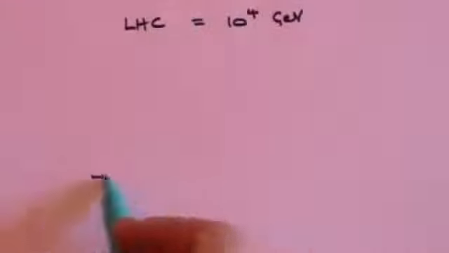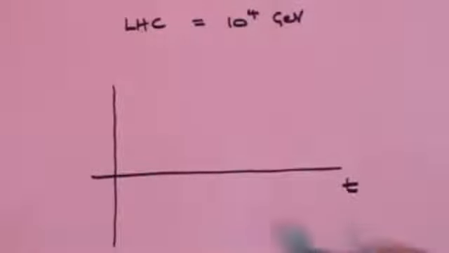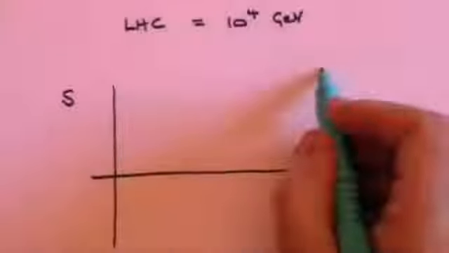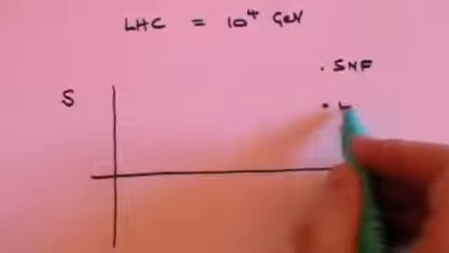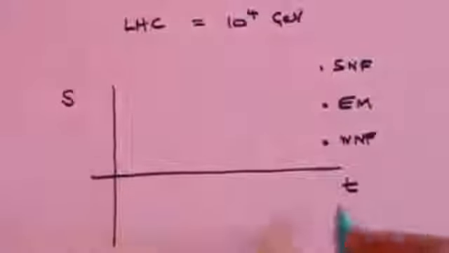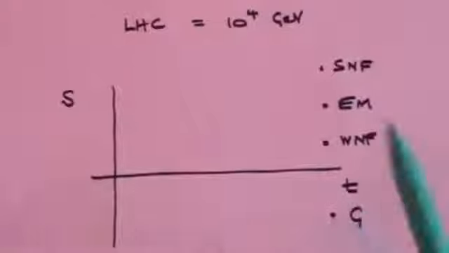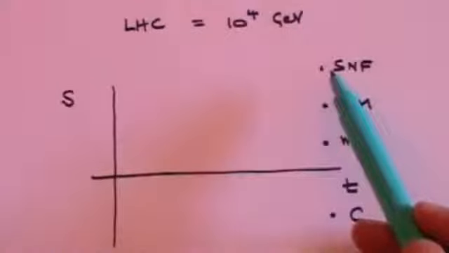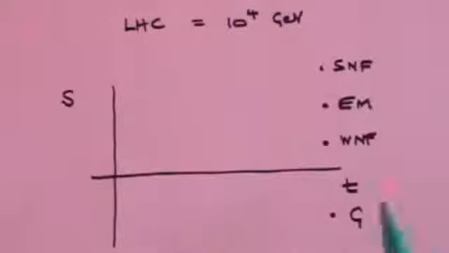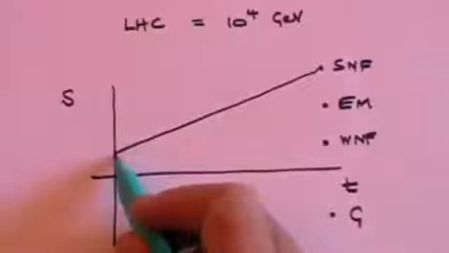So the argument is that if you stretch back over time, this is time, this is strength of forces. At the moment, you've got the strong nuclear force, the electromagnetic force, I'm not drawing this to scale, the weak nuclear force and the gravitational force, which are all entirely different strengths. In fact, gravity is 10 to the minus 38 the size of the strong nuclear force. But the argument is that if you plot those back to the time of the Big Bang, what you find is that at that point,